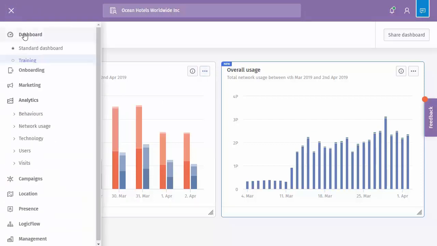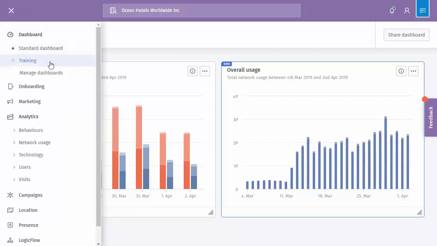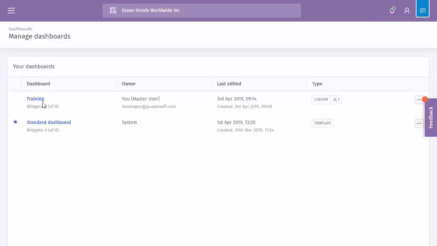Now clicking back onto the flyout menu and the dashboard, you'll notice the training option is displayed below the standard dashboard, and you'll notice we have this star icon to the left. This star icon represents the default, so this is what will load by default each time. But if we click onto manage dashboards, you can see there's our training option at the top, telling me the number of widgets used, telling me who the owner is, so it's telling me myself, with my email address, when it was last edited or created, the type, so it's a custom, number of users I've shared it with,